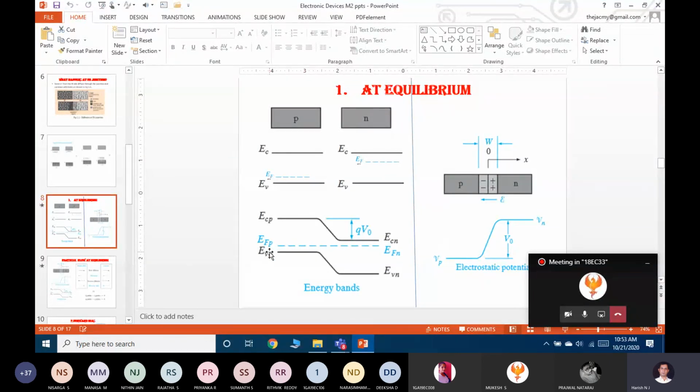Now the Fermi energy level is okay, it is aligned. So what I am asking is, do you observe this curved line? ECP, ECN, EVP, EVN, the black colored line. I am not speaking about the blue colored line, the black colored line. Instead of drawing a straight line, why am I drawing a slope kind of a thing? Can anyone tell me the answer for this? Even the reason is something you people are already aware of. Will you tell me the reason for that?